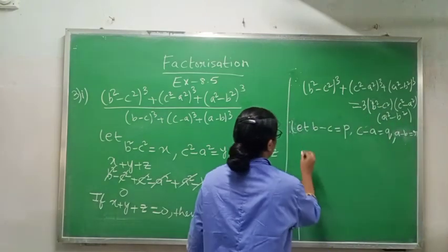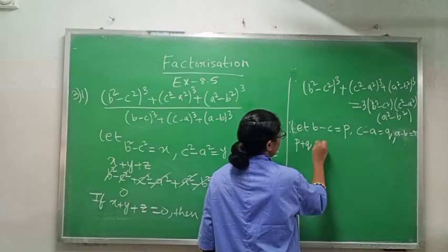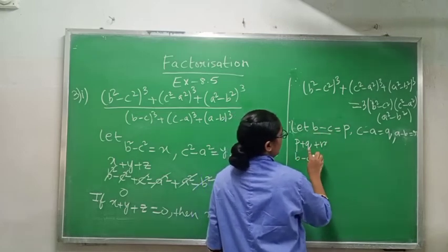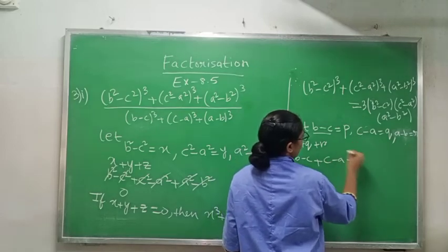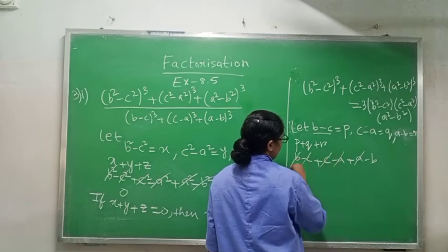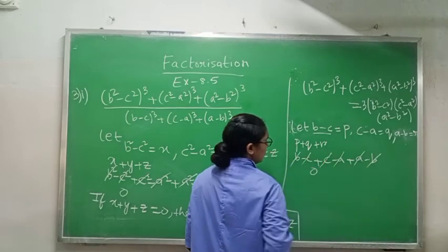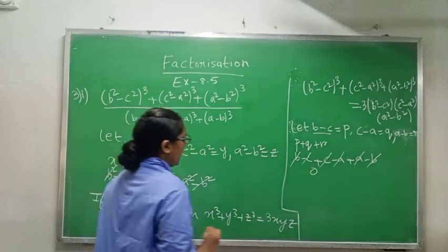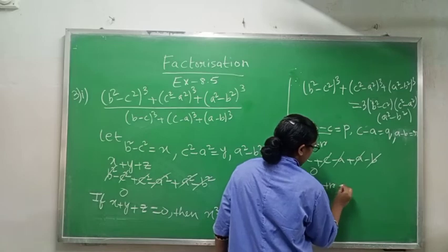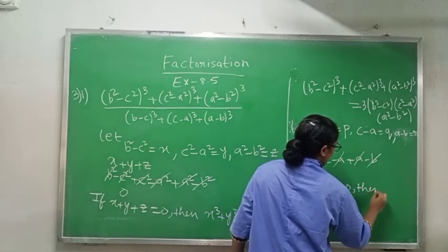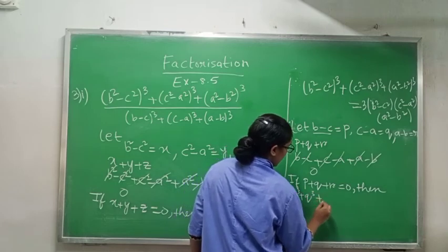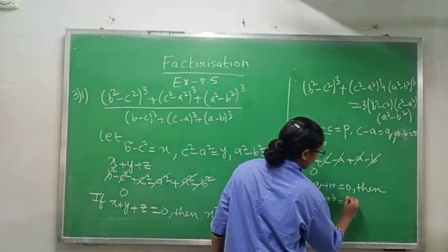Now same thing we will do. I will find p plus q plus r. P means b − c plus, q means c − a plus, r means a − b. Now plus a minus a cancel, plus c minus c cancel, plus b minus b cancel. You will get only 0. Again you will write, if p plus q plus r equals 0, then p³ plus q³ plus r³ equals